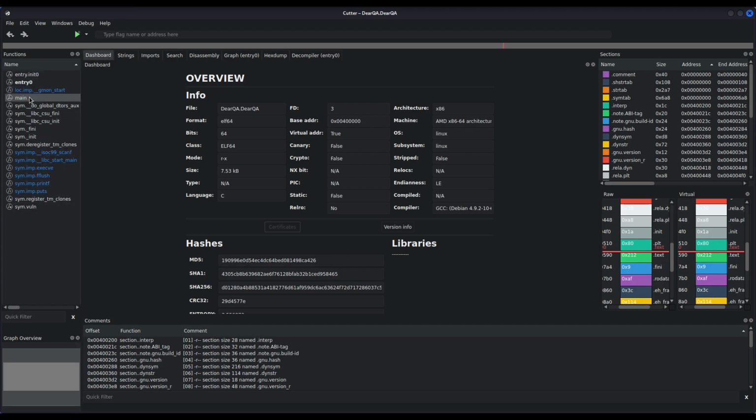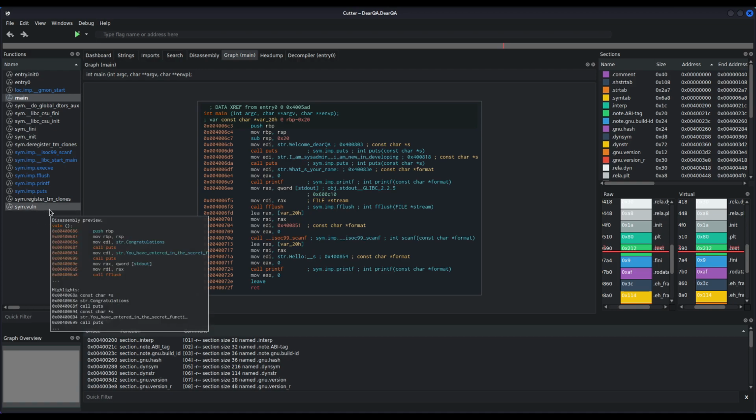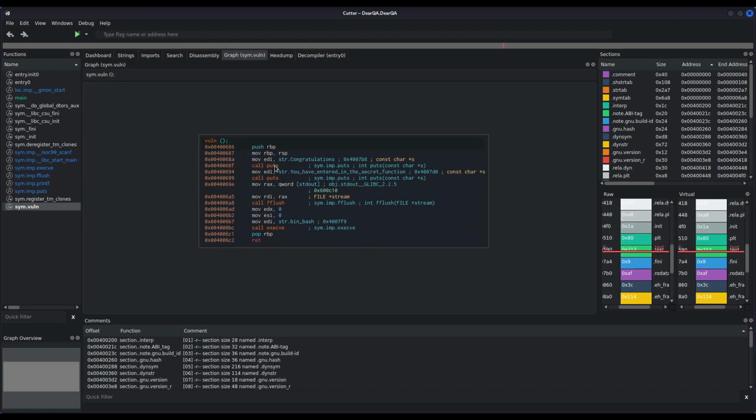what functions the binary is working with, or what functions are present in the binary. Now we can see we have the main function and we have a pretty suspicious function right here, which is called vuln, which, as you can see, performs several puts, printing congratulations, you have entered in the secret function, flushes the buffer to the standard output, and then it calls execv, providing as a parameter the /bin/bash string, which basically means that this function is calling a shell for us. Okay, so that's the function that we want to execute somehow in the remote machine, in the victim machine, so